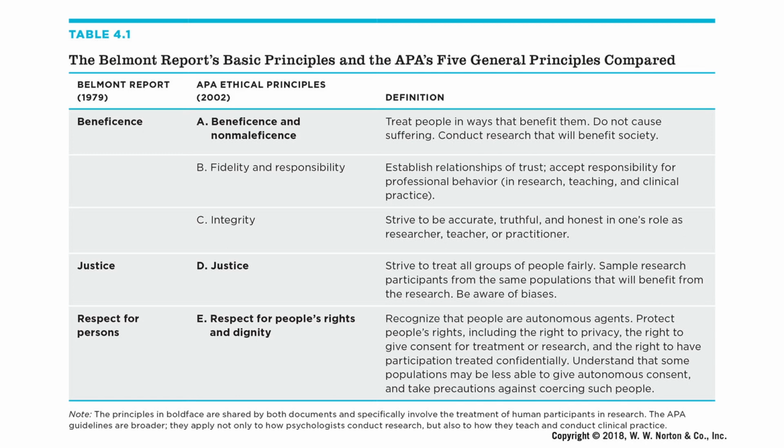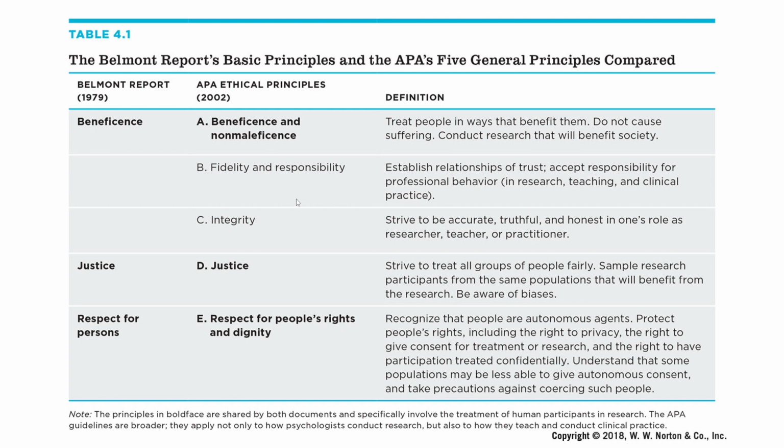Now, the 1970s was quite a while back, but there have been updates since. One of the most recent large overhauls was the APA Ethical Principles Update. That happened in 2002, and there have been small revisions ever since. Mainly what they did was take that principle of beneficence and split it up into three subcomponents. So you still want to be treating people in ways that benefit them and try to reduce suffering. But this also says that we have